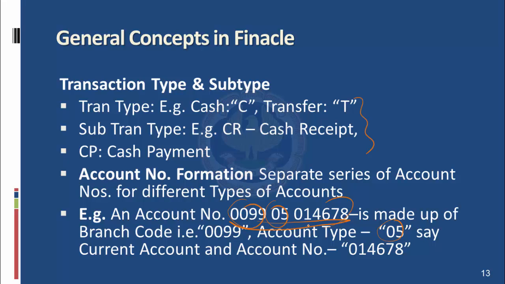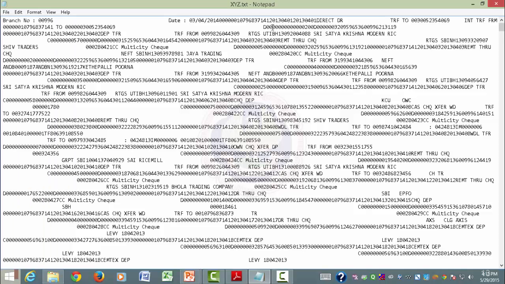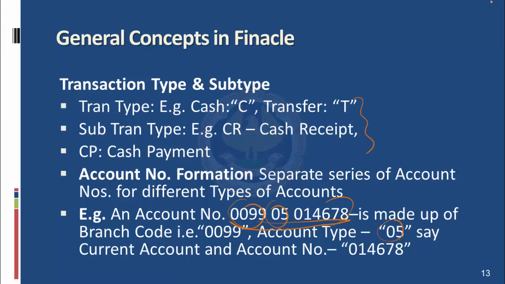Now, as a part of audit, if I have to analyze from which bank, from which kind of account the amount is moving, then I can dump this into Excel, which I'll be covering a little later. And then we go on analyzing the type of account, from which account to which account the amount is transferred, how many times the account is transferred, and such things can be done as a part of audit. Now, coming back,